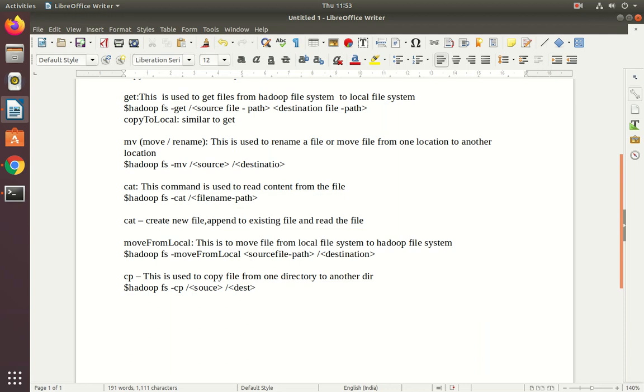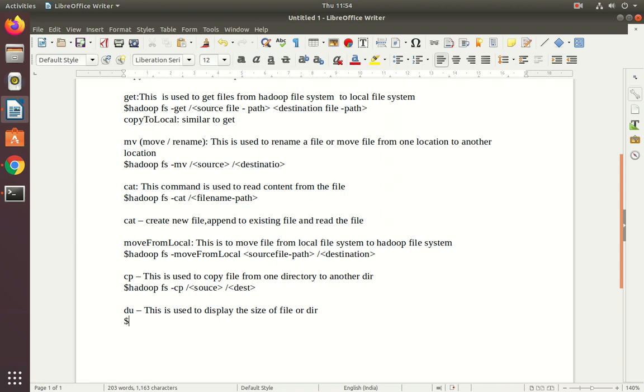Let us move to the next command, that is the du command. This du command is used to display the size of a file or directory. Directory or file size it will display.